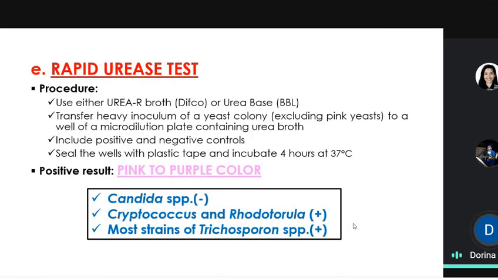Now, you have your rapid urease test, which I was confused about earlier, but they are the same. The enzyme urease will act on the urea and change your urea to ammonia and carbon dioxide. The ammonia is what gives the